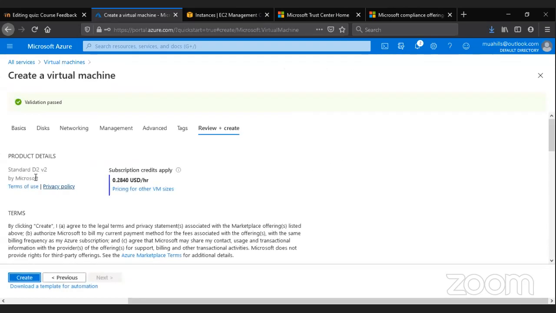So here it's telling me that if you configure whatever you've chosen there, you'll be paying $0.28 US per hour. Yeah. So based on what I've chosen there, the operating system, the size of the disk, the memory, and everything, it costs that per hour.